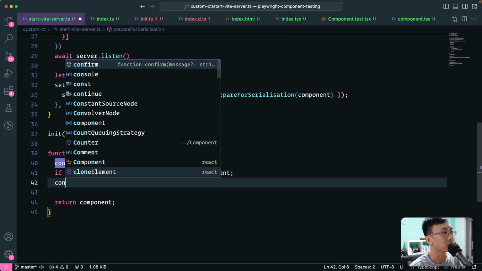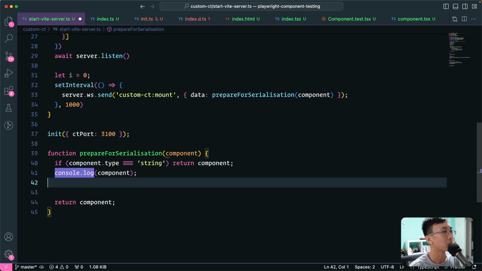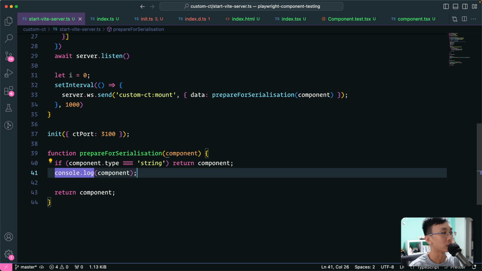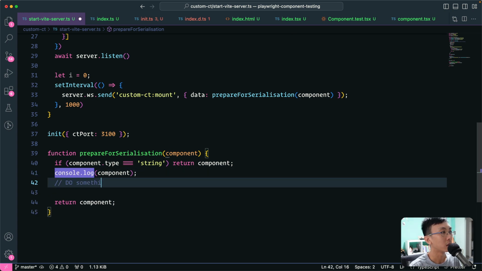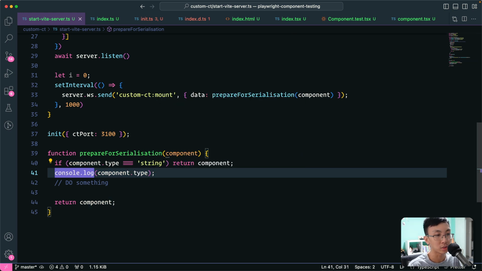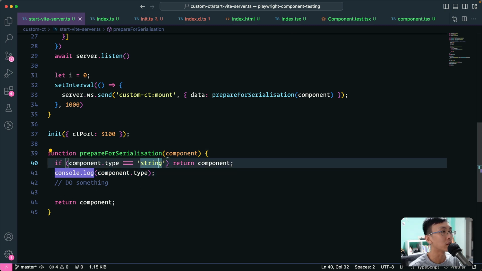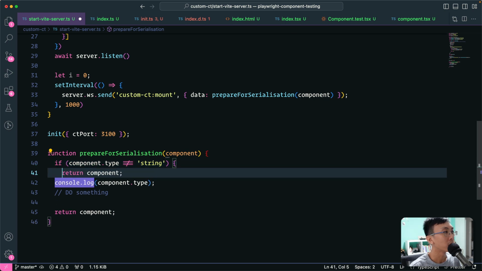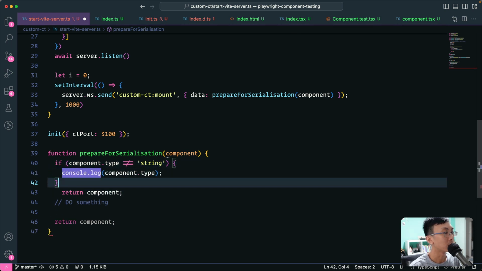Else, if it's something else, we need to do something, right? So for now, I'm going to just print out the component type and see what it actually is. And of course, we need to also do it recursively for all its children. So if it's not a string, do something,